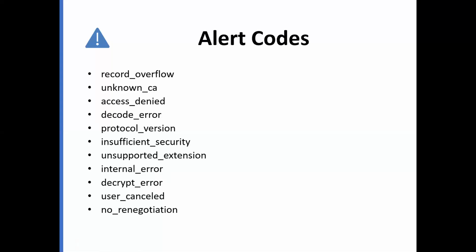Then another one is what? User cancelled. What is that user cancelled? The handshake is being cancelled, that is the handshake signals between the two entities. It is being cancelled due to some reason, it may be any issues, network issues, and all those things. At that time, you're going to get the message. Here only the handshake is cancelled. At that time, they're going to receive the alert message. No renegotiation.